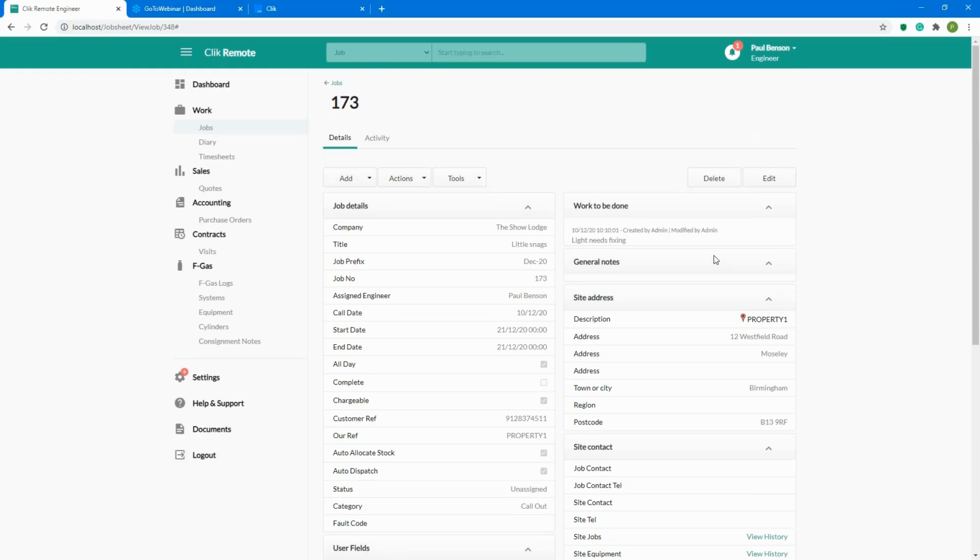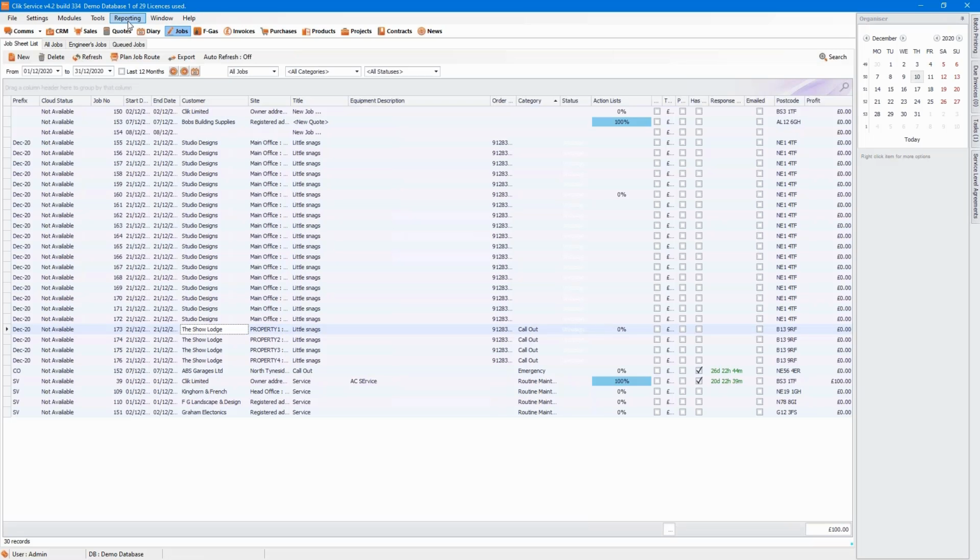So that really is compulsory action list, but I'm just going to go into a little bit more detail on how you might manipulate those action lists too. So I'm going to go back to Clik service, and we're going to quickly talk about how you can populate it